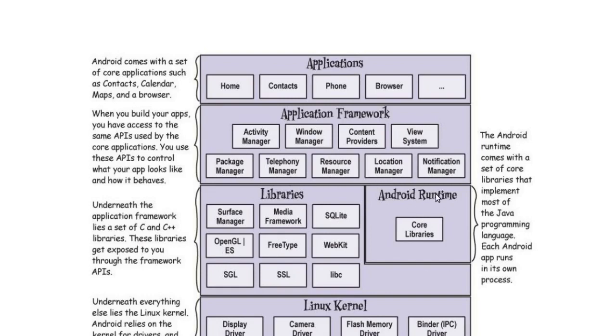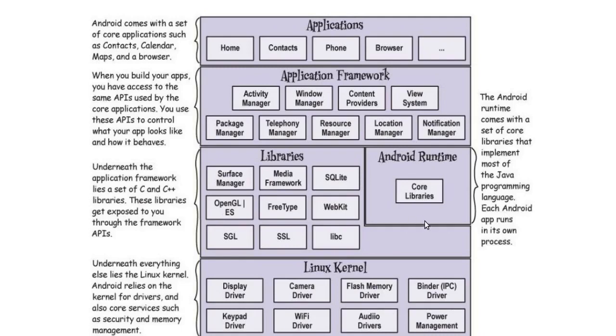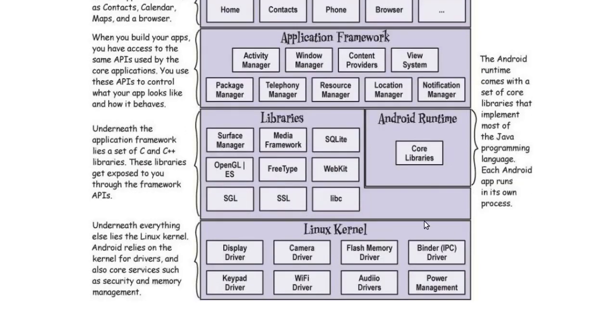Then underneath this there is the Android runtime. For every application we have one Android runtime, and it contains the core libraries written in the Java language. You have to remember the lowest layer is the Linux kernel,